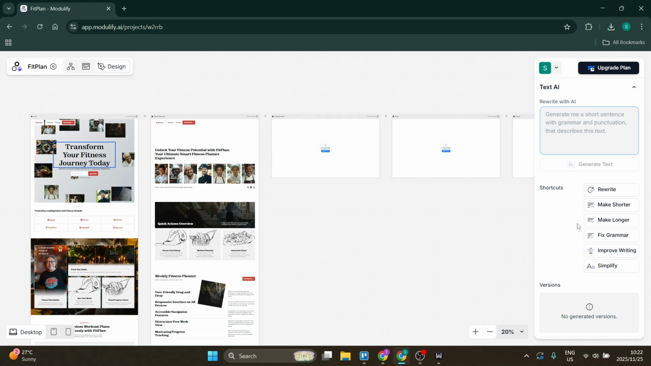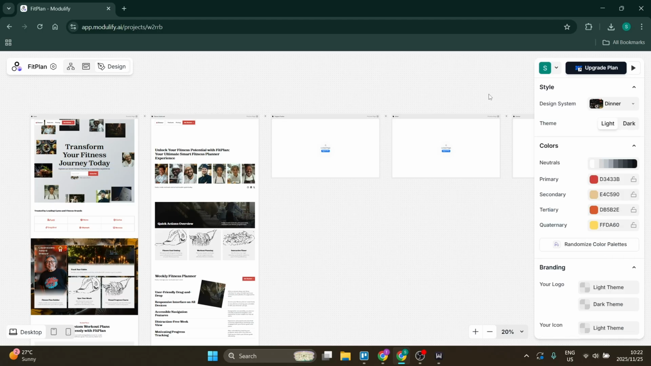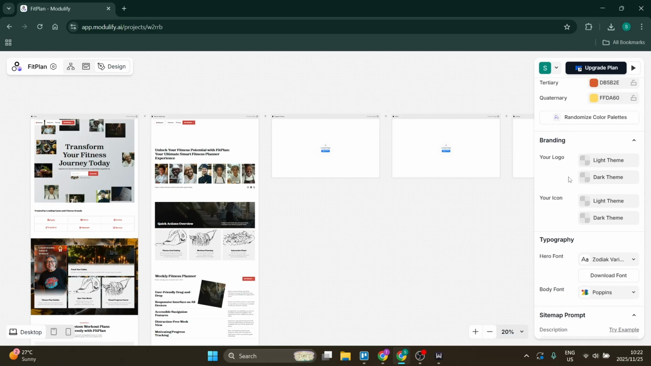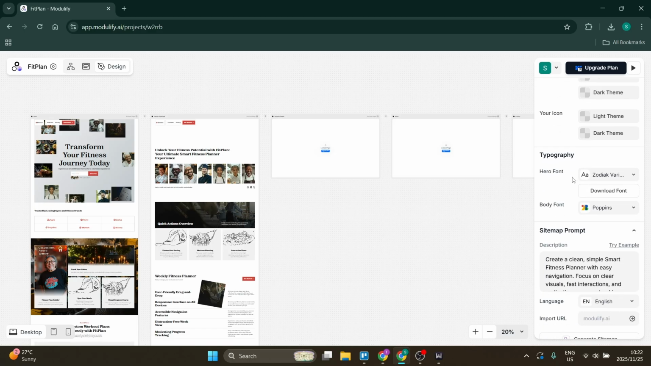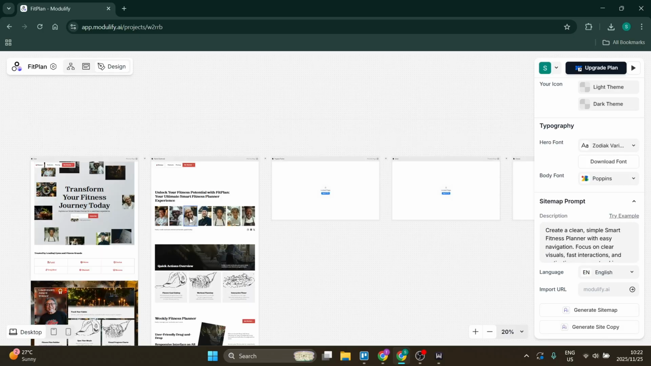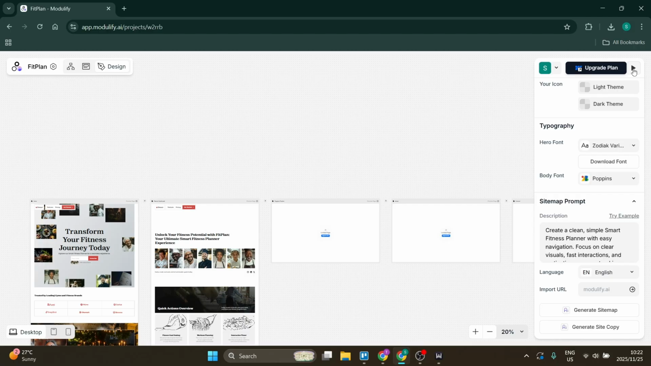There are some shortcuts as well: simplify, improve, fix grammar, make longer, and so on and so on. You can also obviously change your colors, your branding. You can upload your logo icon. You can change the typography, and then there's a sitemap prompt, which is the prompt that we added in the beginning of our experience. Now, what we can do is we can go and push on this little play button,